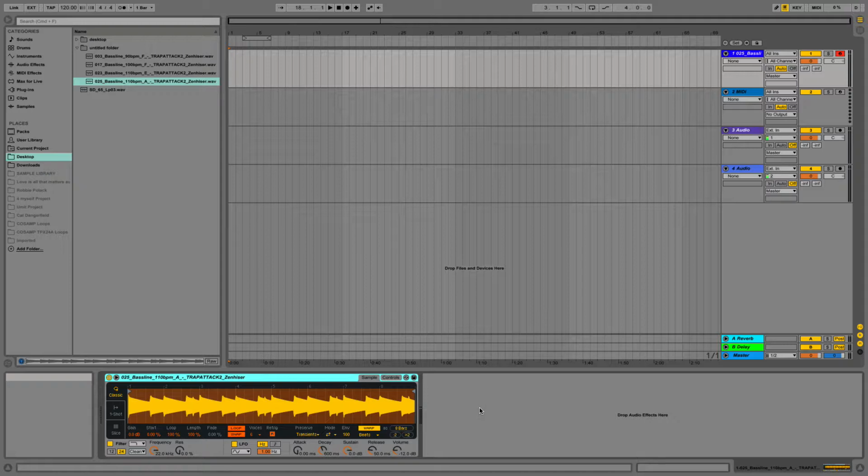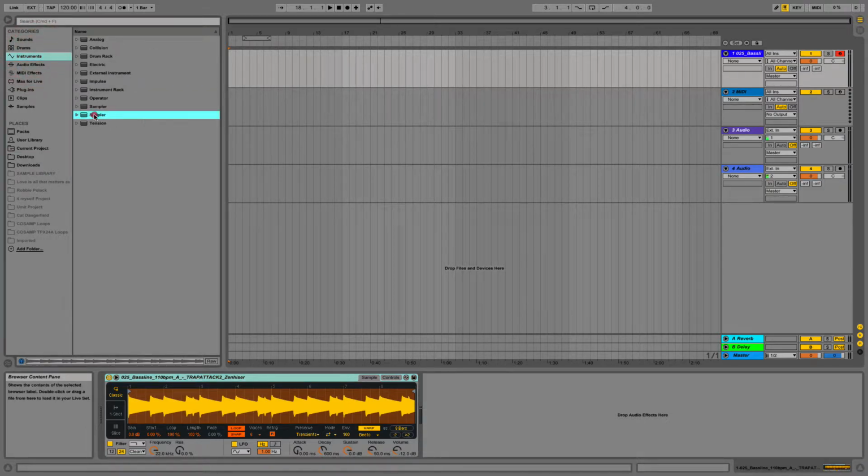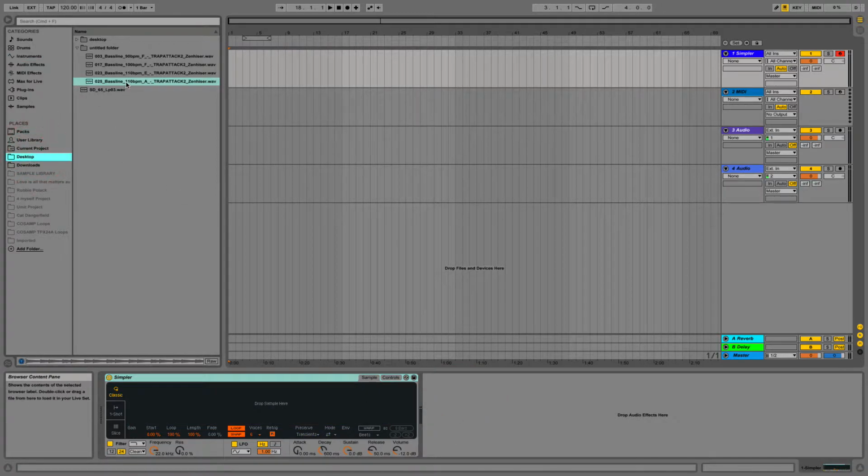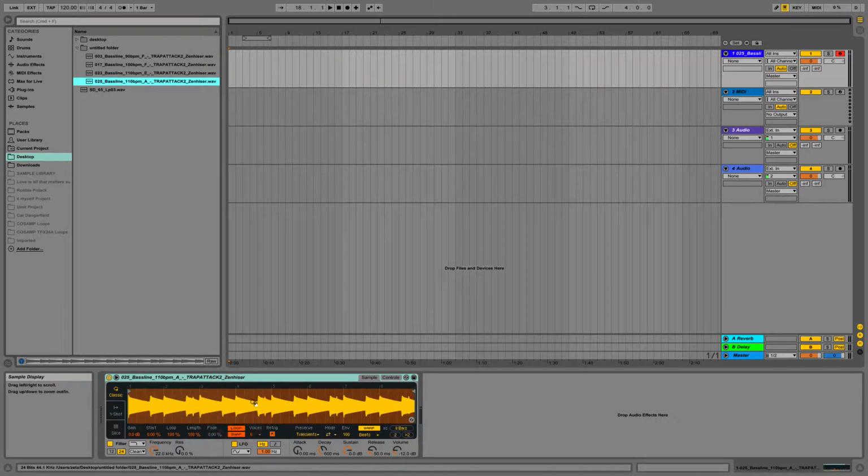But for this particular tutorial, I'm just going to use this method, and this is the same as if you went up to Instruments, chose a blank Simpler like that, and then actually went and found your sample and dropped it into this dialog box. Instead of taking those two steps, we did it in one by dragging it in after double clicking on the